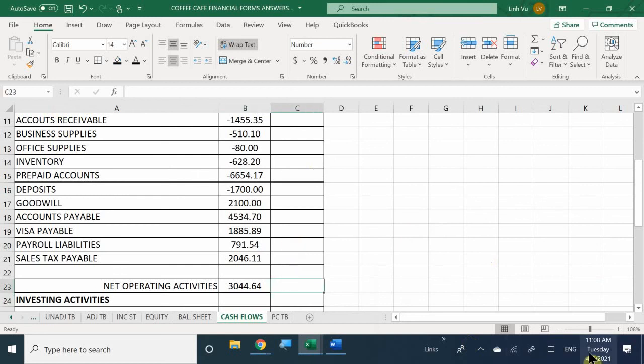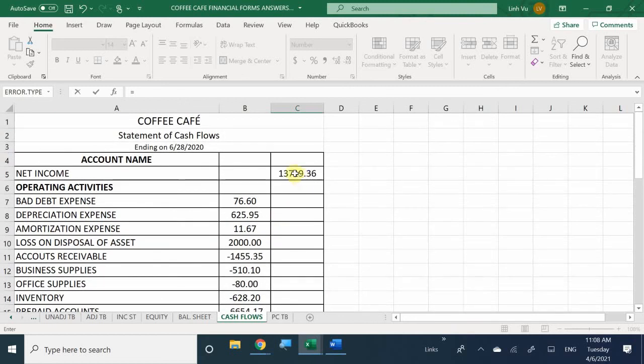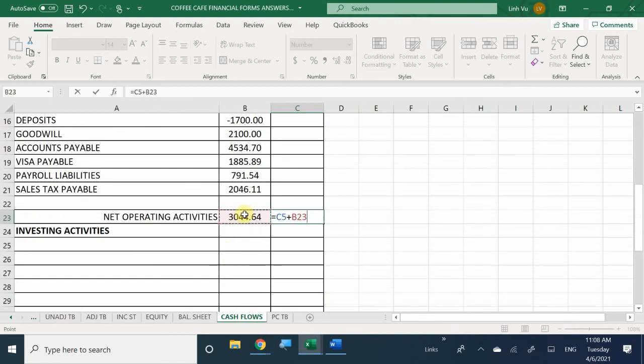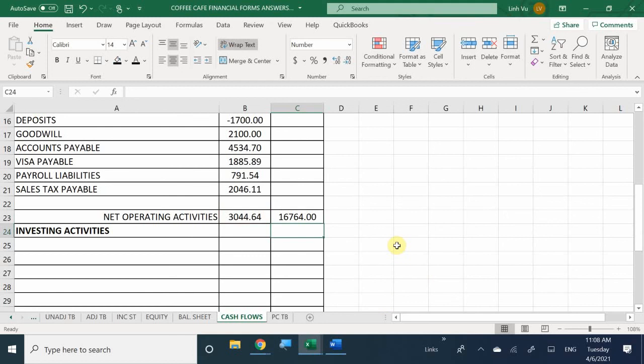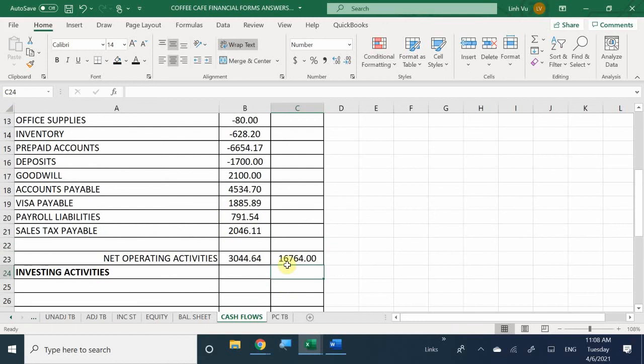So what that means here is I'm going to add these values together. So my net income, I'm going to add my total operating to get a positive $16,764 even. Once again, I'm going to add these numbers together because this is my net operating